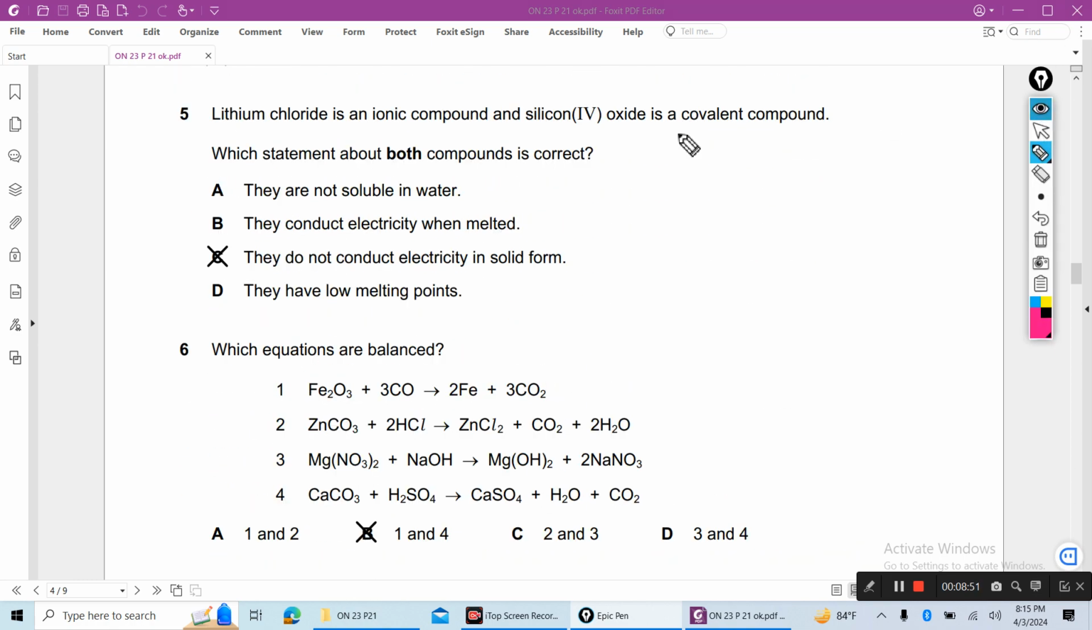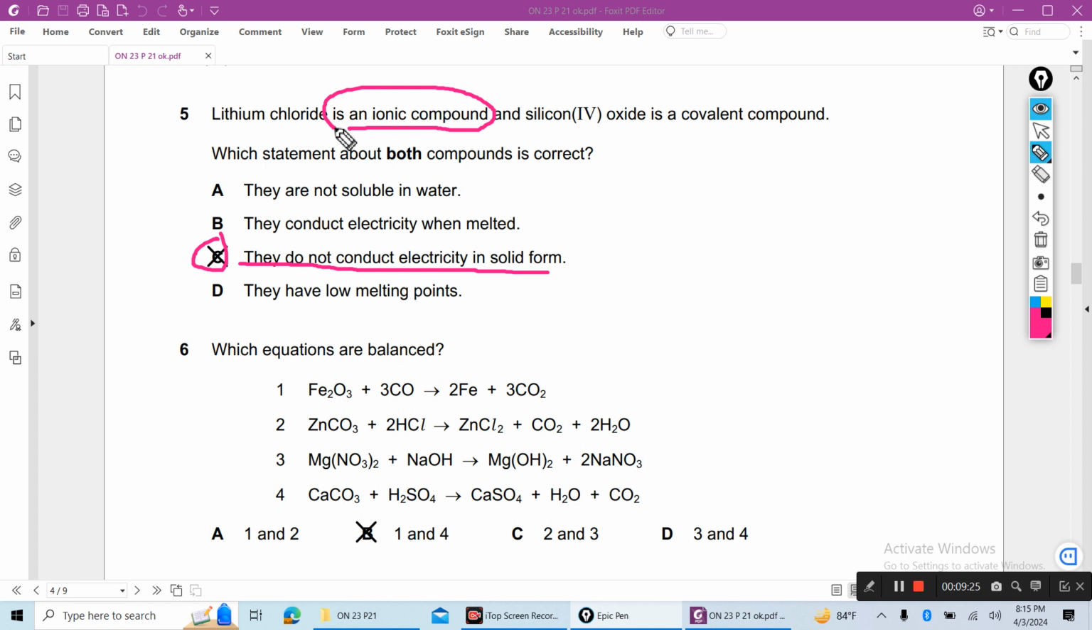Now number 5. Lithium chloride is an ionic compound and silicon dioxide is a covalent compound. Which statement about both compounds is correct? The answer is C. They do not conduct electricity in solid form. This is true because